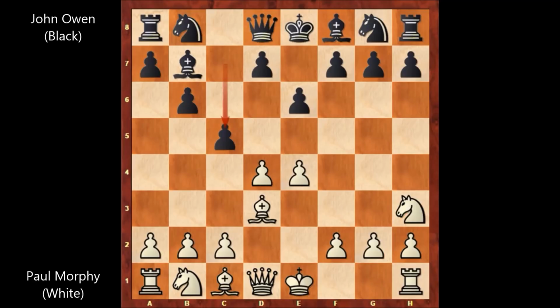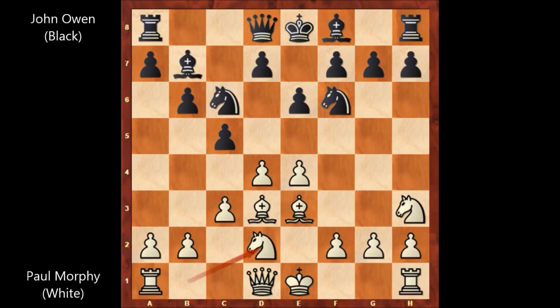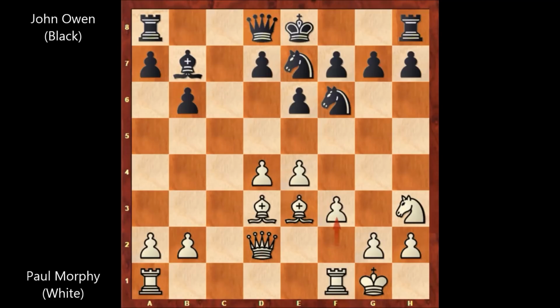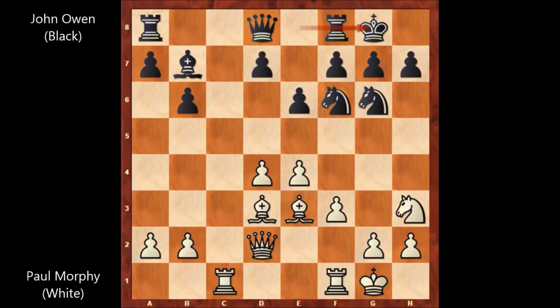So we have c5, c3, knight to c6, bishop to e3, knight to f6, knight to d2, c takes on d4, pawn takes pawn, bishop to b4, pinning the knight, and Paul Morphy castled. What is this knight doing in the edge of the board? Well, bishop takes on d2, queen takes on d2, knight to e7, f3, knight to g6, rook from a to c1. And also John Owen castled, bishop to g5, pinning the knight, h6, bishop takes knight, queen takes on f6,